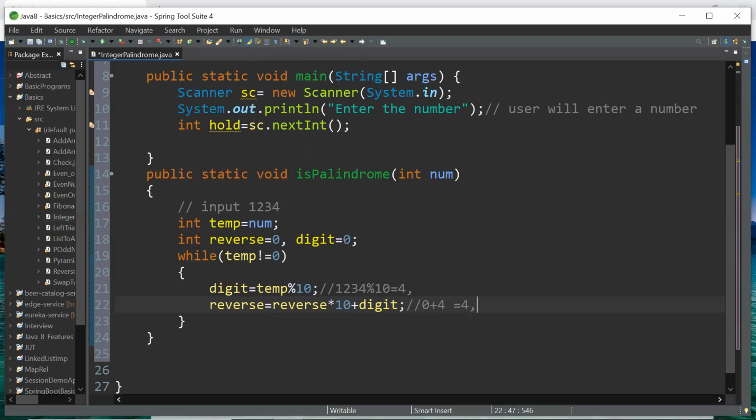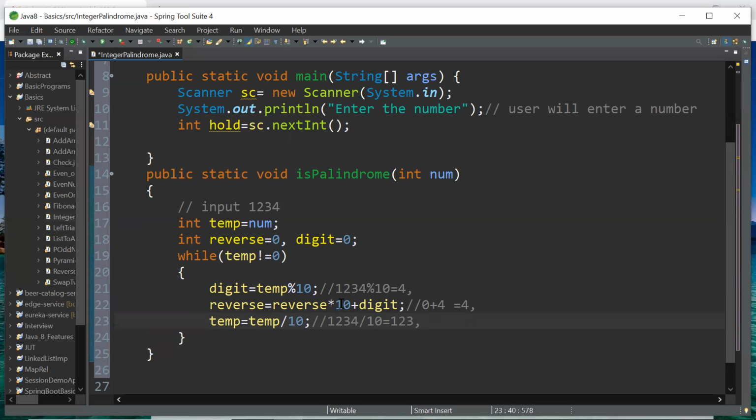The value here is 4. Now I want to divide the number by 10: temp equal to temp divided by 10. So 1 2 3 4 divided by 10 gives 123.4, but because it is an integer, I get 123 here.